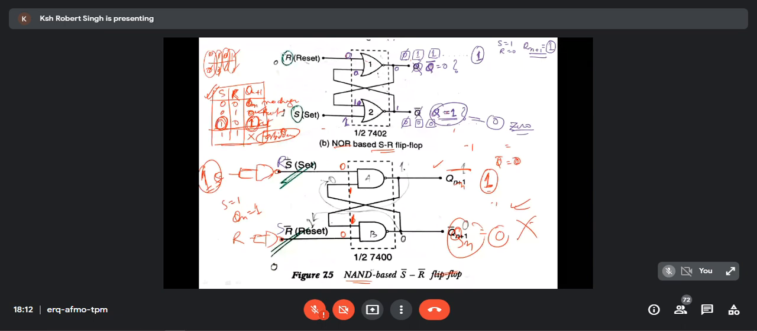If it is S, it should be Q. Q is on the top always. Then sometimes you have to put S here, sometimes you have to put R, based on your logic gates. If it is NOR, you have to put R on the top. If it is NAND, you have to put S on the top, SR. That type of mistake, you should always remember and not make at the time of drawing